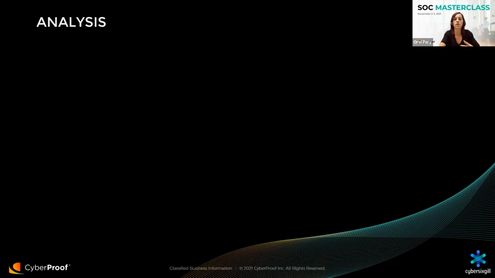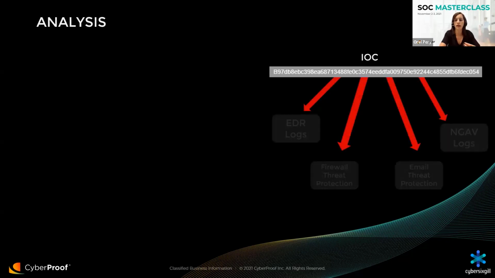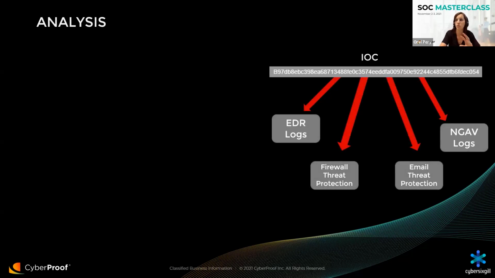So when we are going to the analysis phase, we are coming with questions, okay? We want to see if this threat was already found in or detected in the environment, and we are looking for security issues that are associated with this specific